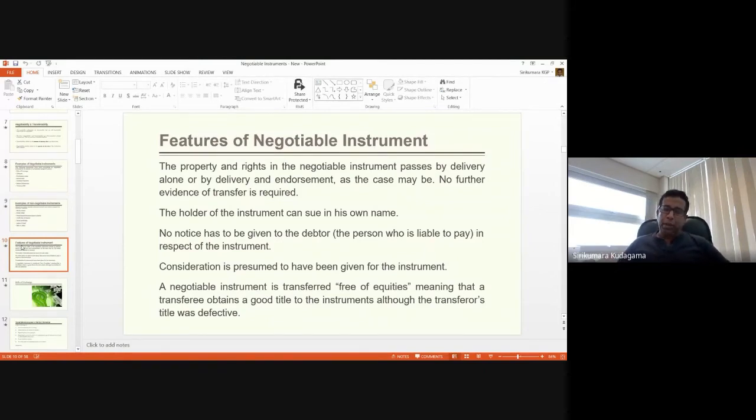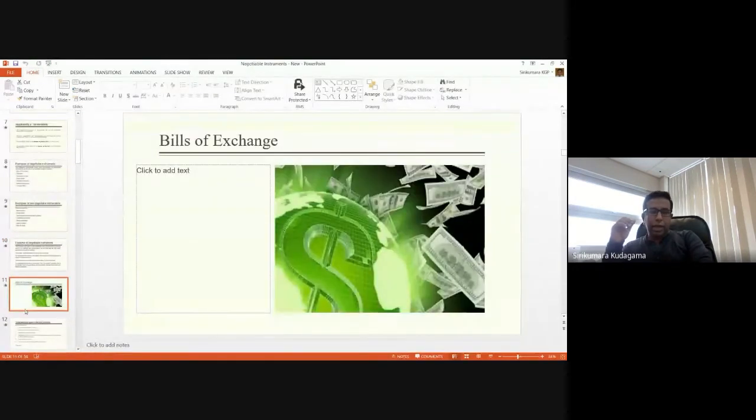Consideration is presumed to have been given for the instrument. Now, if you have a check with you, you don't have to prove that you have given the consideration to receive that check, right? It is necessarily presumed. A negotiable instrument is transferred free of equities, meaning that a transferee obtains a good title to the instrument, even if the transferor's title was defective. In certain circumstances, this may be affected. We'll discuss them. Generally, in the case of a negotiable instrument, the transferee gets a good title irrespective of the title defects in the transfer. We'll go into simple details first and then